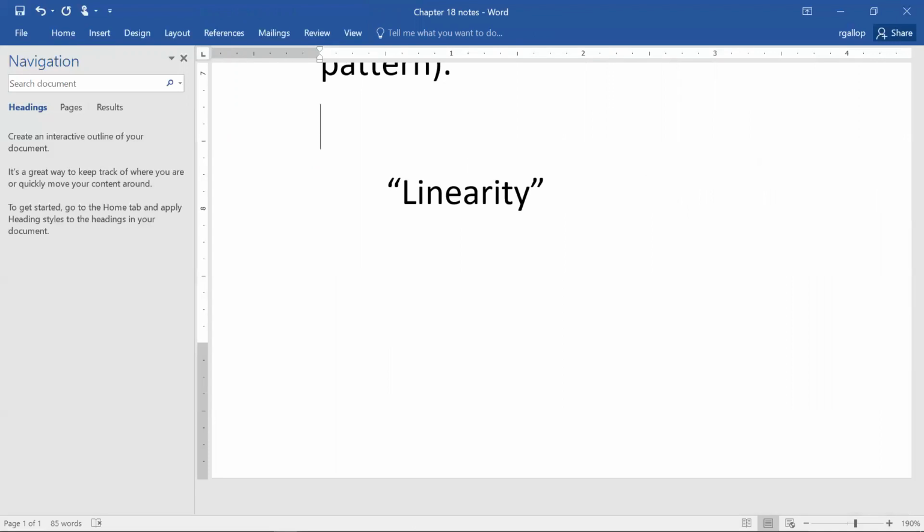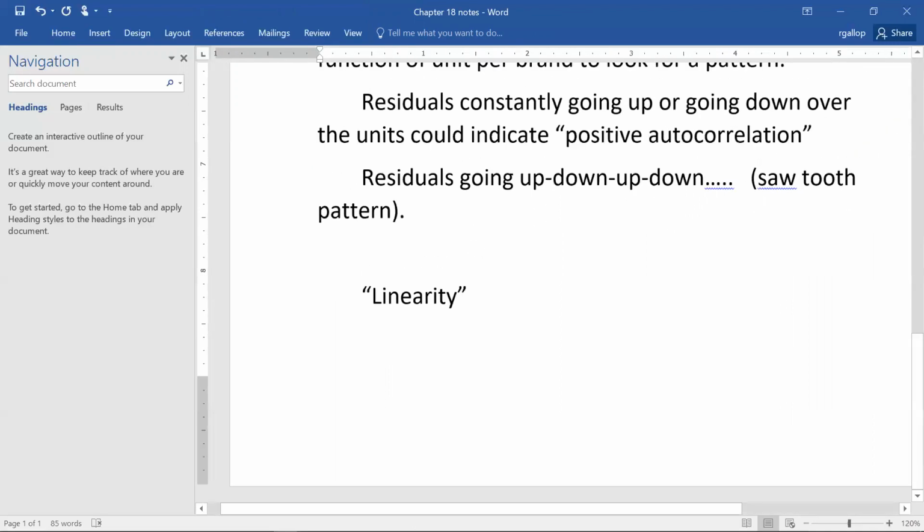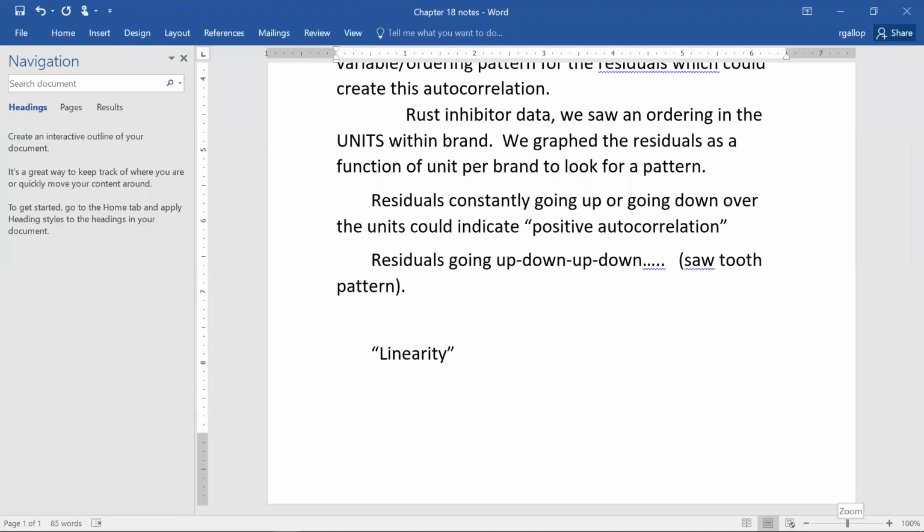So this up, down zigzag that you see going on, those residuals going up, down, or down, up, could indicate negative autocorrelation. The big thing is